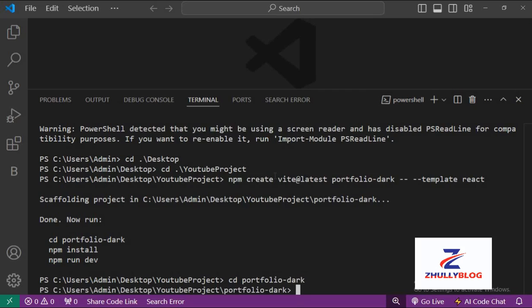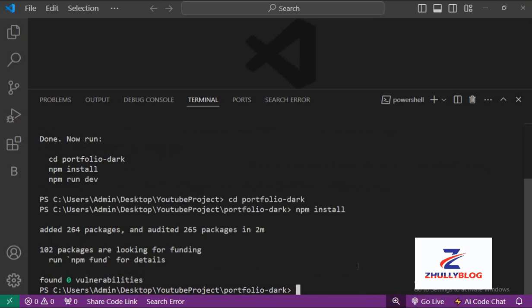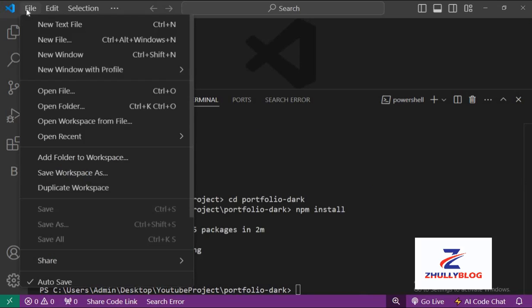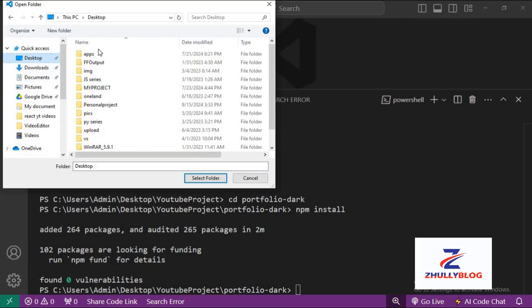Then you run this command. Make sure you're connected to the internet, and then this is going to install. So we're done with the installation, and then you navigate back to File, click on Folder. Remember that we changed directory to Desktop, so just click on Desktop, and then I changed directory to personal YouTube